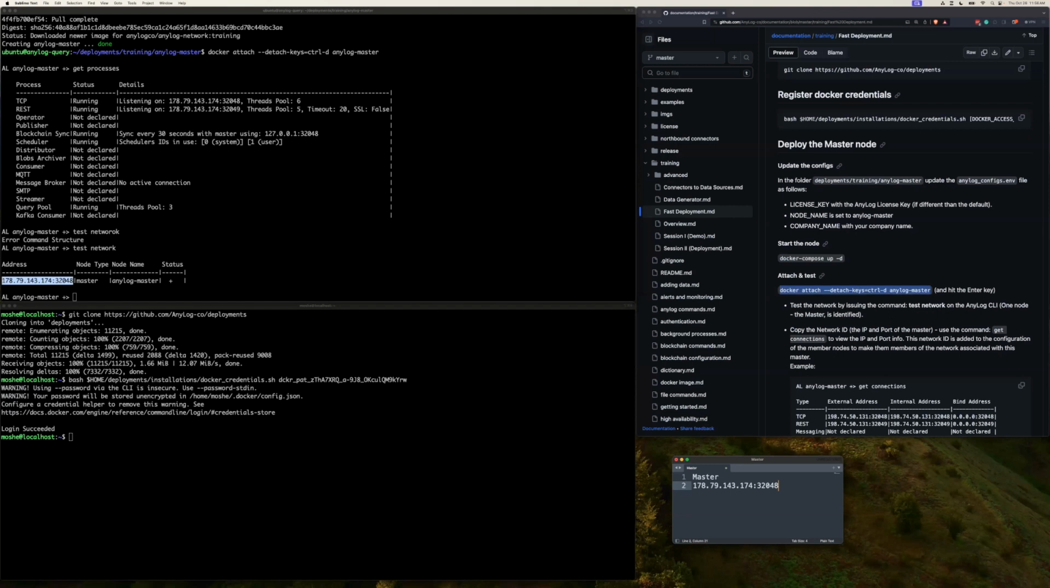For a node to join the network, it needs to communicate with the master node, and therefore we will add the master IP and port to the configuration of each node that will join this training network. Another frequently used command that shows the IPs and ports used on each node is the get connections command. So if you run this command,